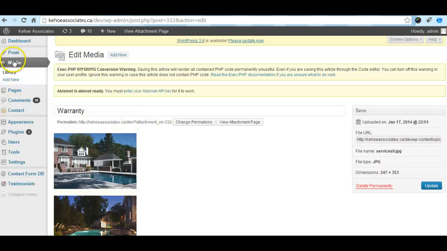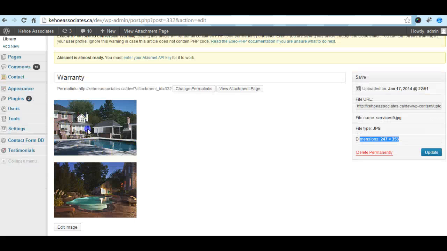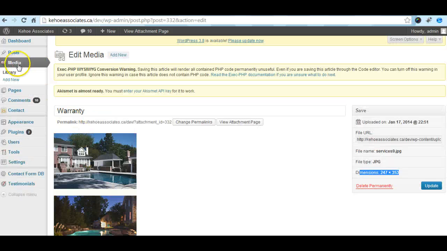Okay, so if you add a new image, you also need to make sure that it has this size, 247 per 353. This is what we have set as the default size for the feature image. Okay, in this case, as you can see, this is only one image, but we created this nice image like this. Okay, so when you go on the